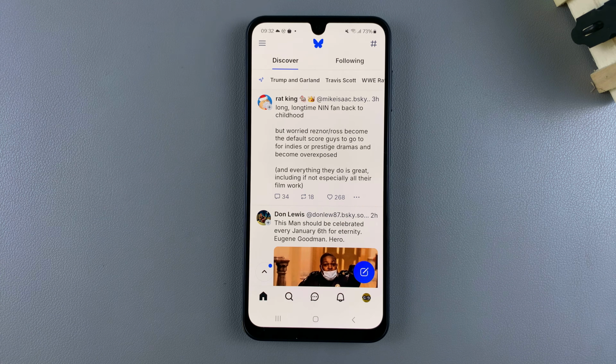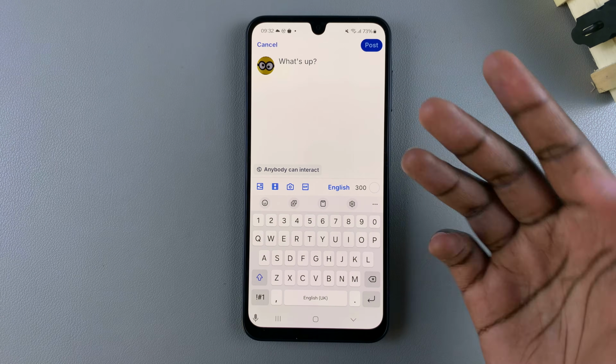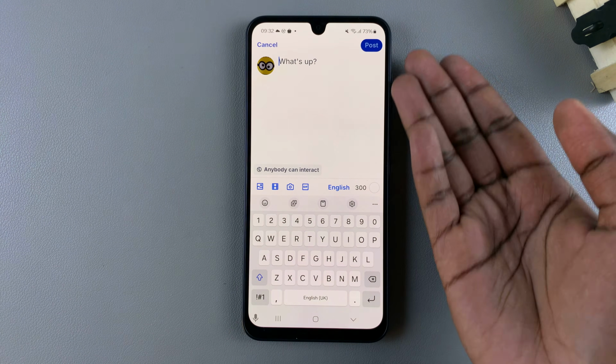And if you're using the web browser, then you should just look on your screen and you should see the option New Post, and you just want to click on it. But either way, you want to tap on this icon, and then from here, you can see this blank template available. So if you want to create a post with text, you can just start typing immediately and say your